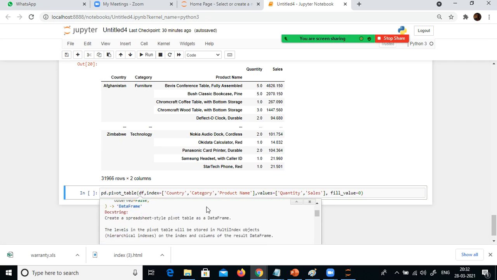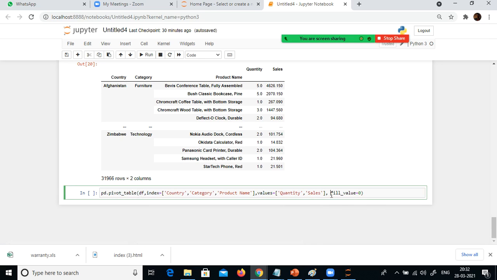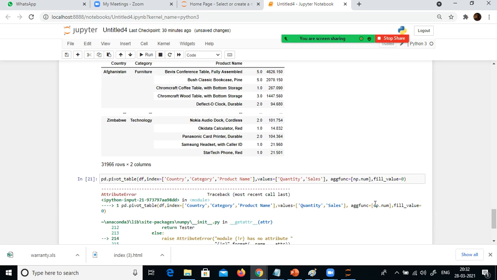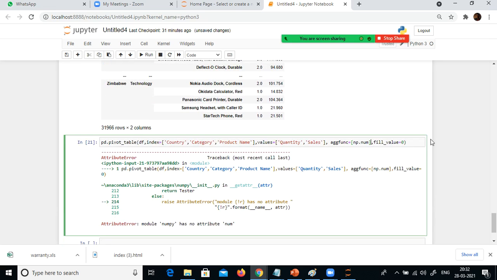That is the beauty of Jupyter Notebook. And here is aggfunc. This is the aggregation function. I'm going to use aggfunc equal to np.sum. Now np stands for numpy.